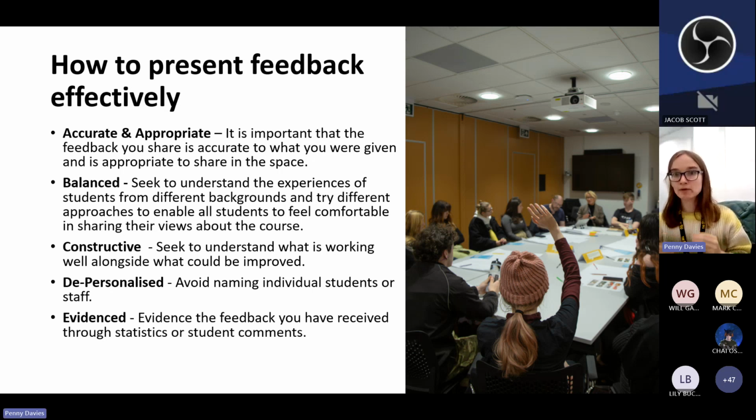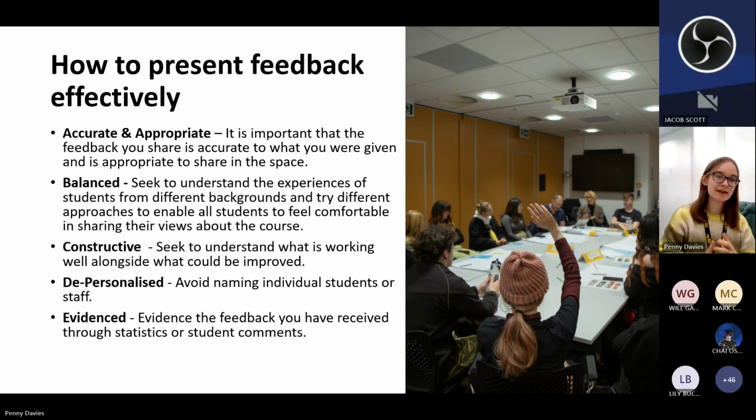If the feedback is about the conduct of a particular lecturer, for instance, I'd advise not taking that to SSLGs at all, because it's very personal, very specific to one person, and SSLGs are public meetings that are minuted and recorded. So if you can, with situations like that, try and take that feedback directly to your course leader in a one-to-one meeting, or obviously if the feedback's about the course leader, take it to a different, more appropriate member of staff.